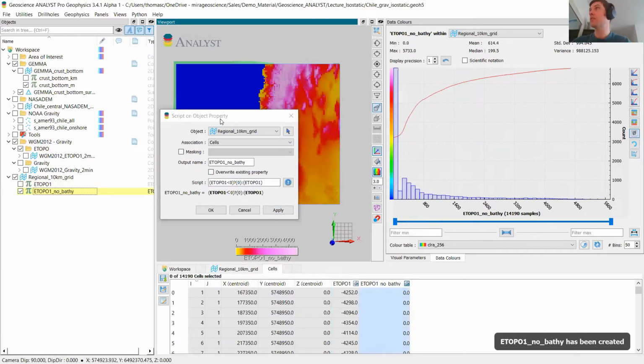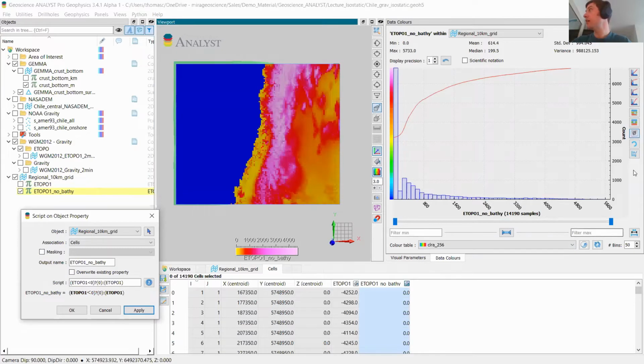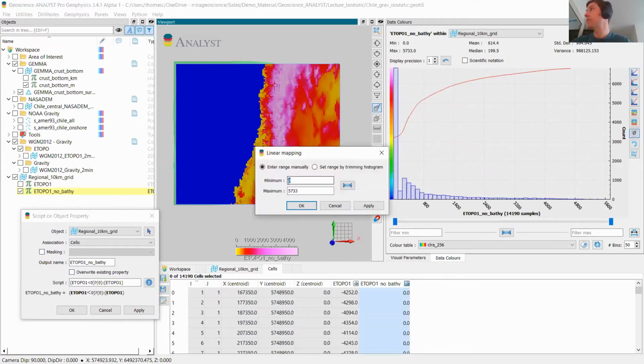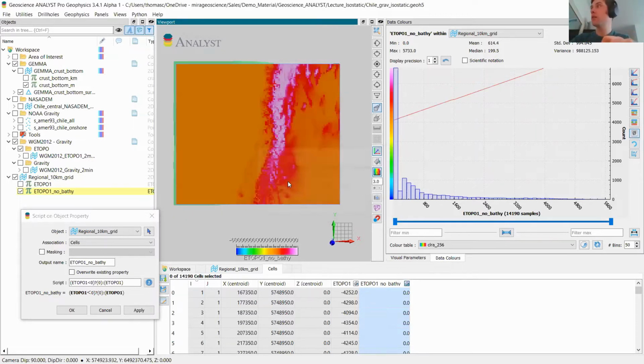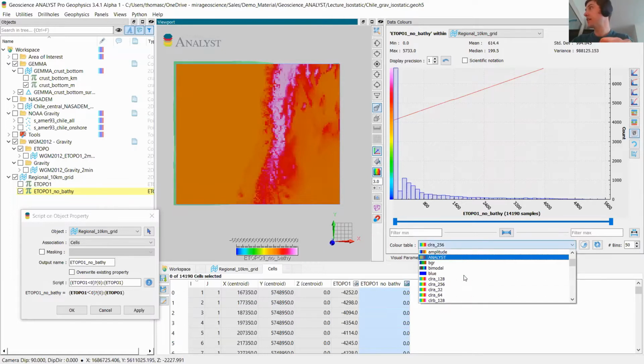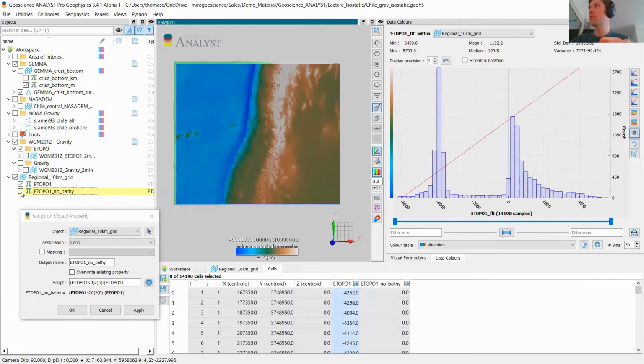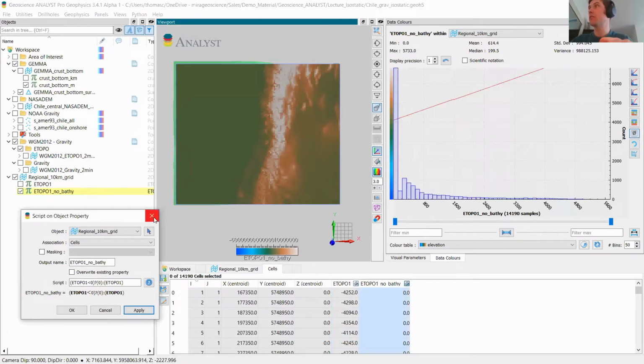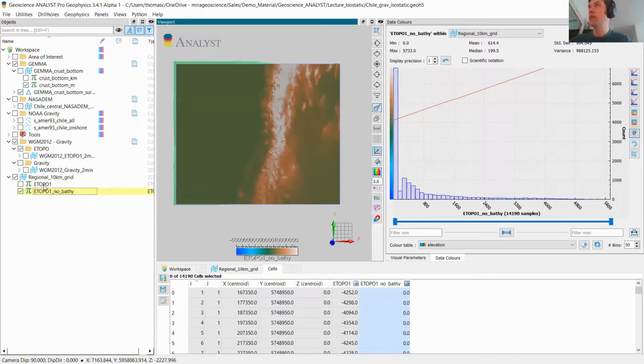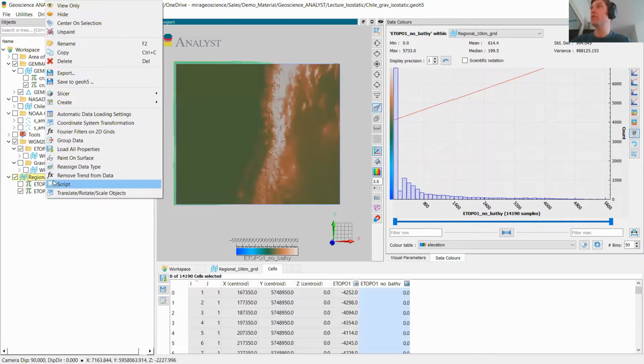All right, so I created my new property now. I just want to set the color range to the same one as before. There we go, and I'll just select the elevation color scale. So now we can see my two properties here. And I will create, as we've done before for the GEMMA crust model,